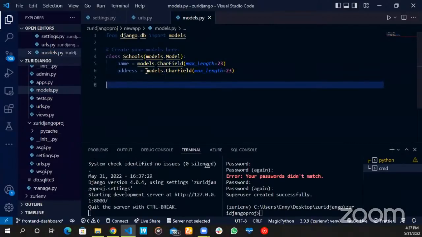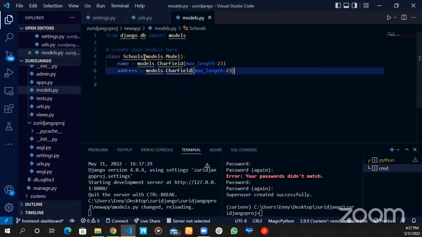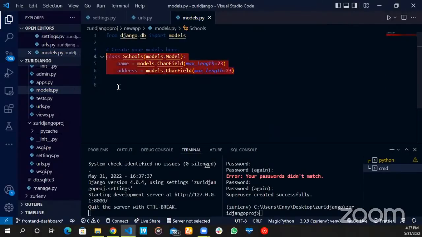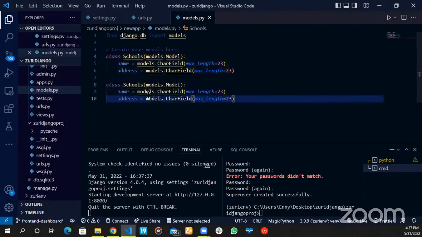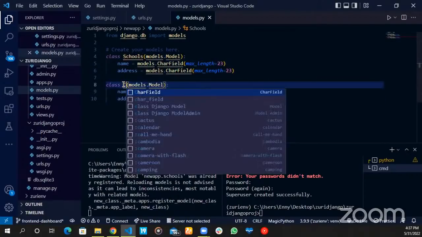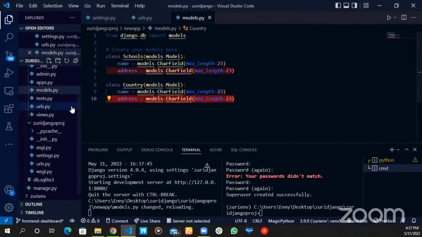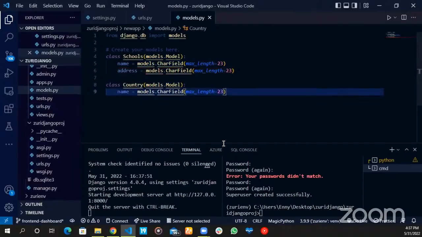So let's create another model called country. So every country has a name. Let's just do this. So now I've created these models,